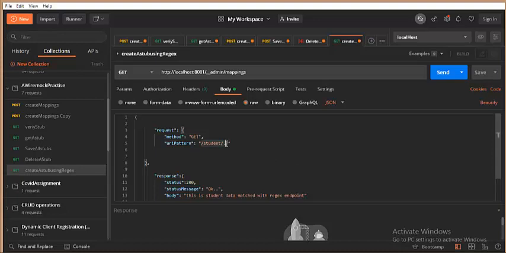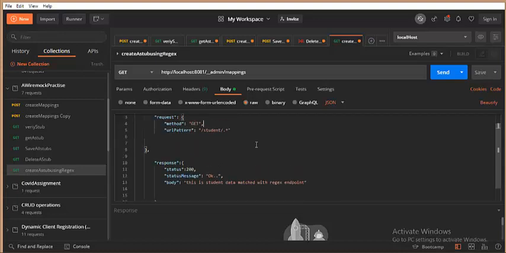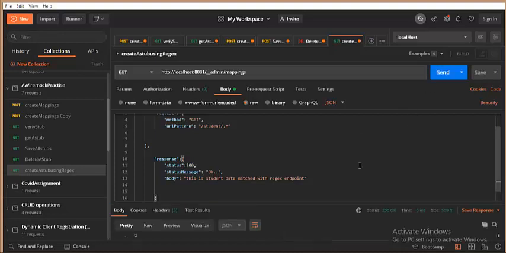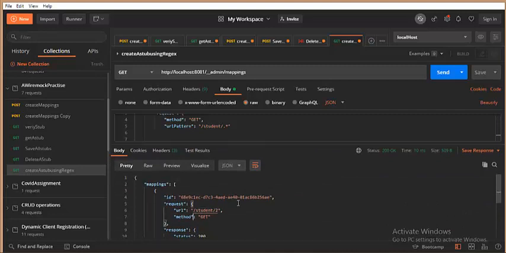Now I'm creating another stub identical to student, but with two changes. Instead of 1 or 2, as I mentioned before, this time I want to make it very generic, so I've used URL pattern as the field name and a regular expression. I've also made a little change in the body, because we already have a stub that says this is student 2, and now I want to show a different body message so that we understand this message is coming from this particular stub. Let me create this stub by clicking send, and you can see it got created with 200 OK.